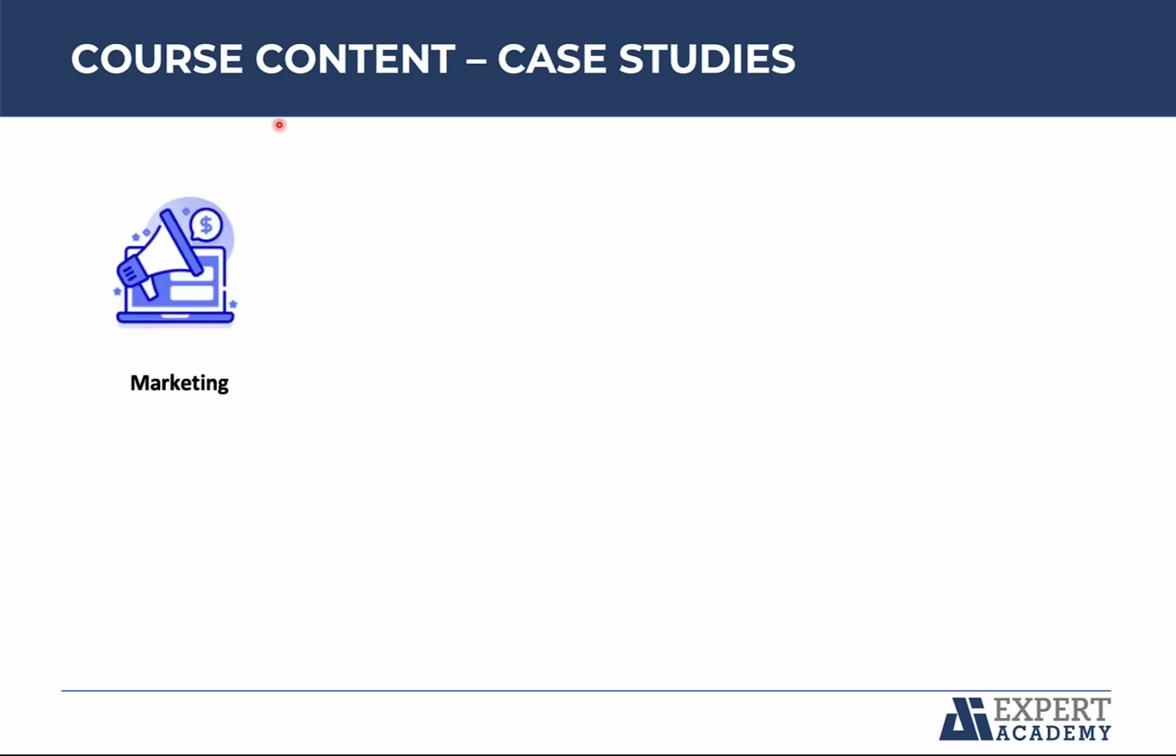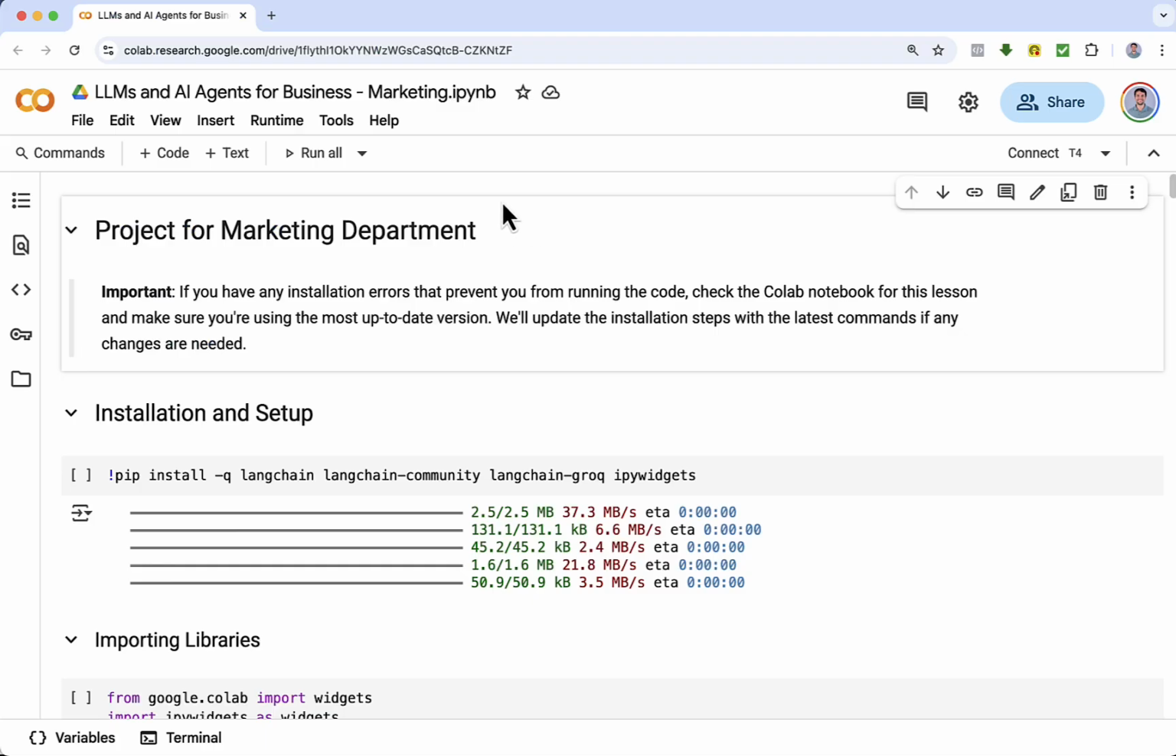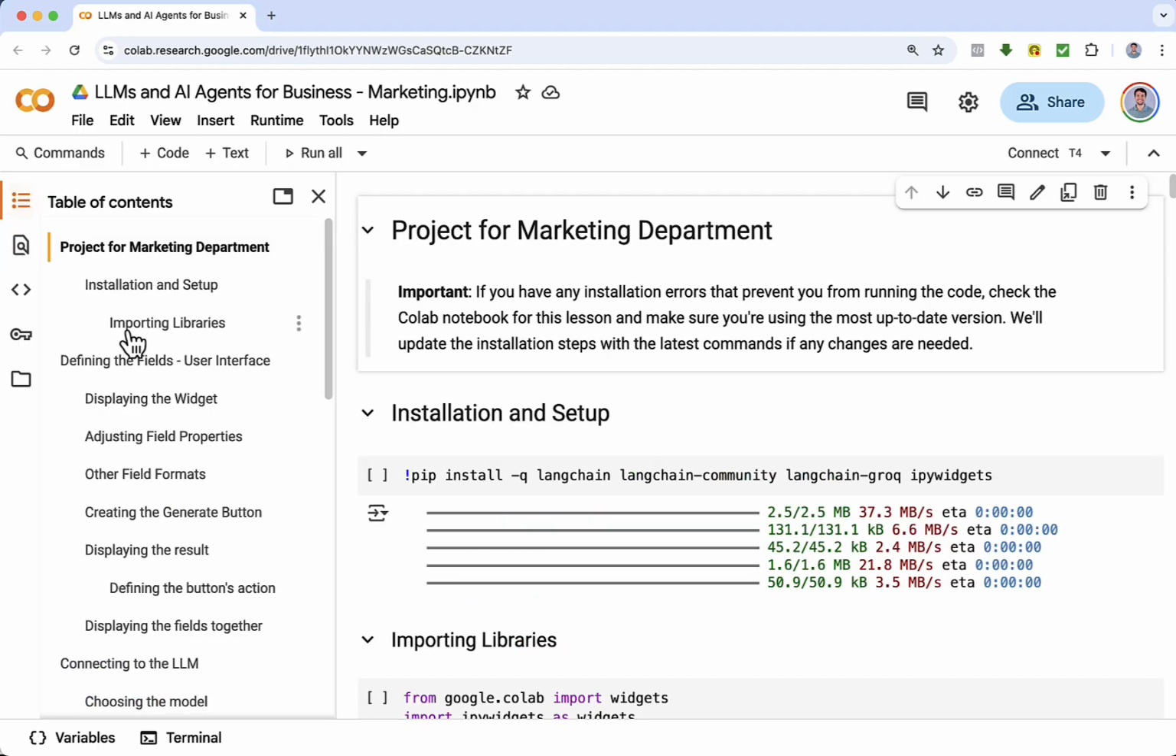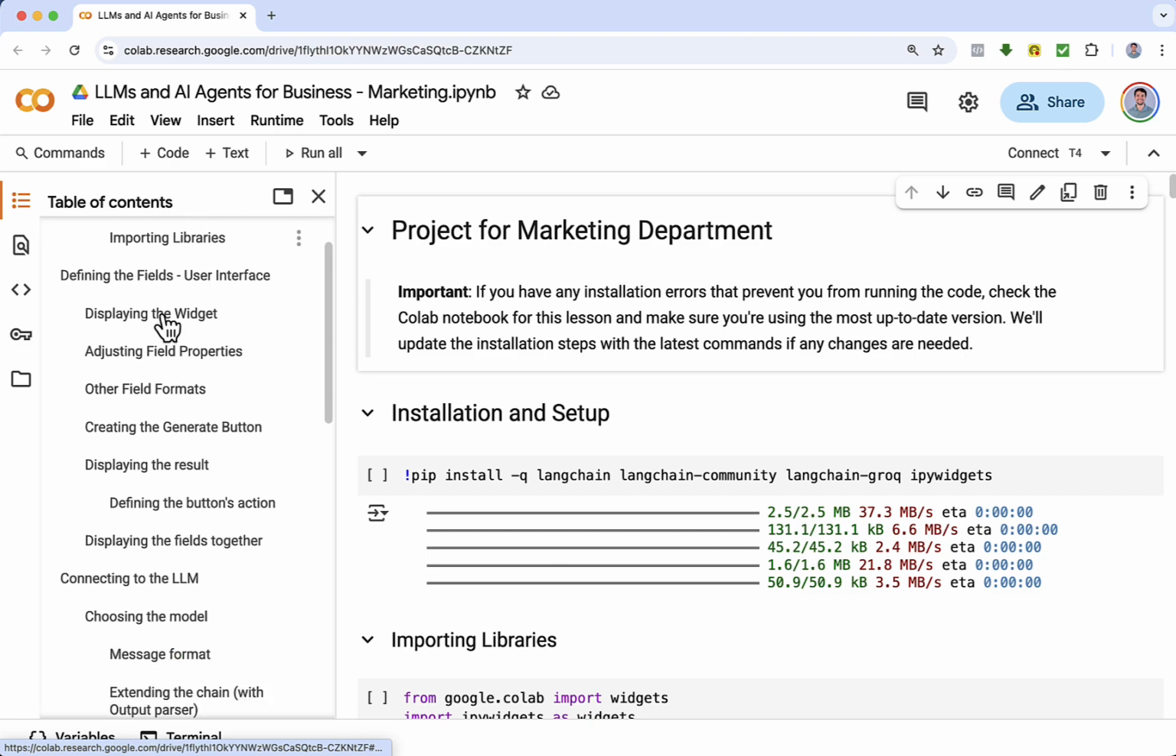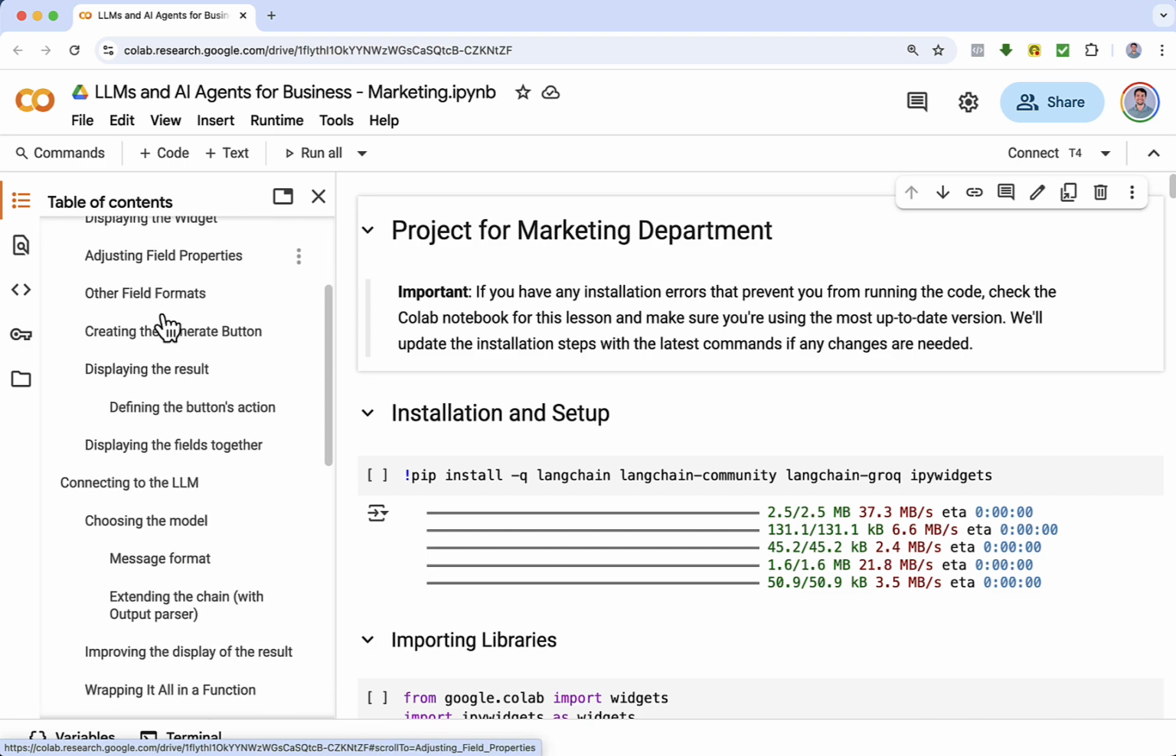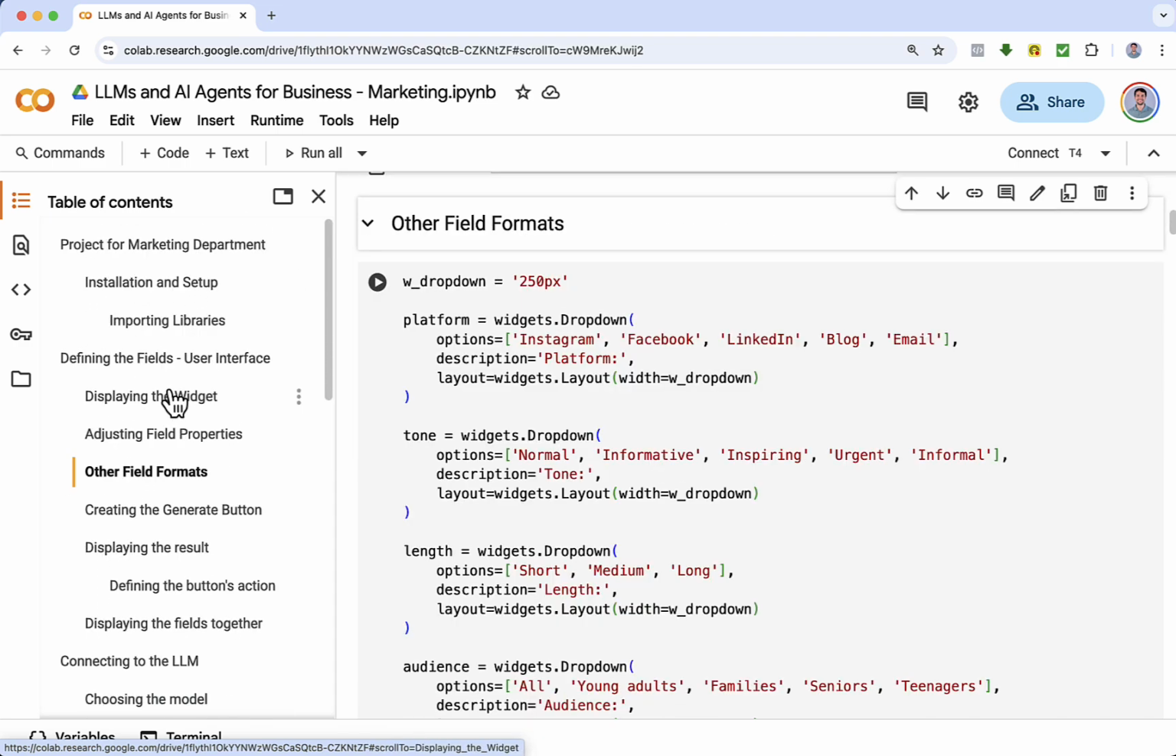The first will be in the area of marketing. All implementations will be done online in Google Colab. This way, the learning process becomes more didactic as there is no need to worry about installing and setting tools on your own machine. Here, we can see the list of topics that will be implemented in this project, from